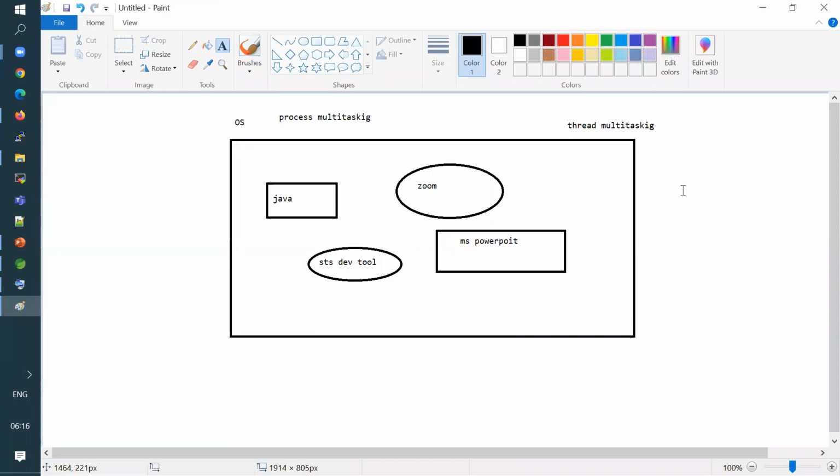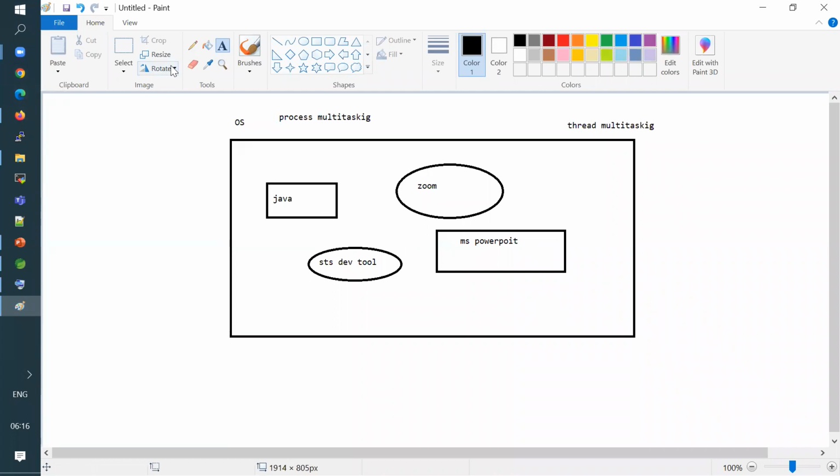Within a process, for example, let us take the PowerPoint process alone. At the operating system level, running multiple things, creating these processes is fine. But in PowerPoint, let's take one process for example.